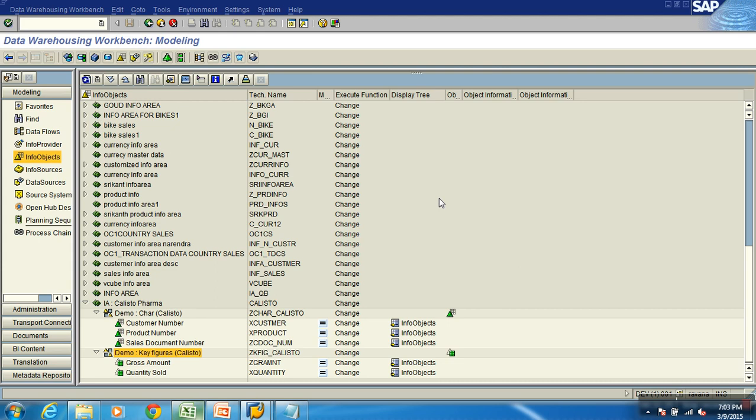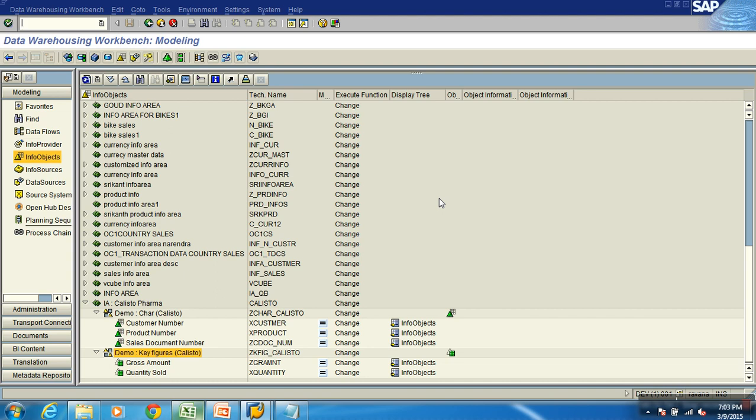Once it is loaded, we'll be doing reporting on this cube. So the cube is providing information for reports, right? In that scenario, we refer to the cube as an info provider. So the cube is both a data target and an info provider. Vocabulary: I call that a data target while loading, because I'm targeting my data to this cube. And while reporting, I'll call the same object an info provider, because I'm using this object for providing data for the queries.